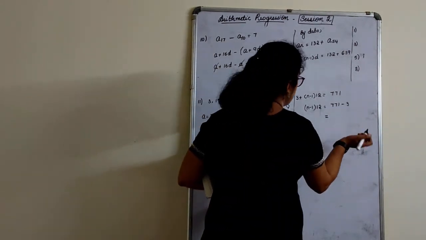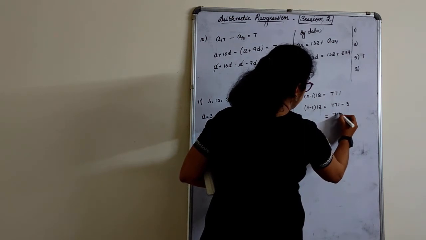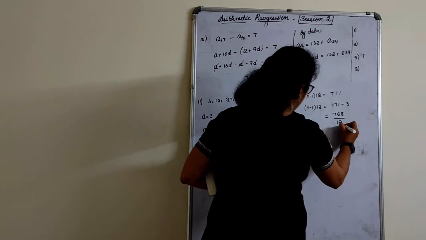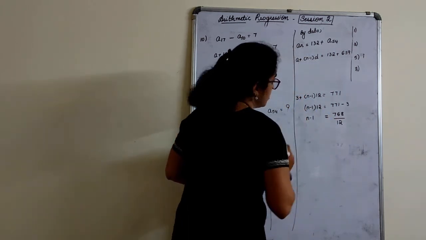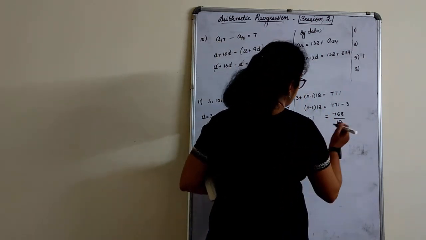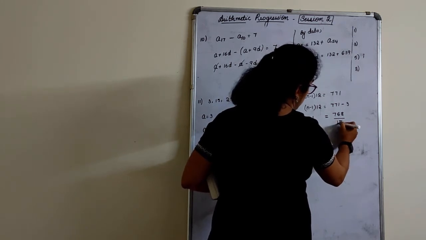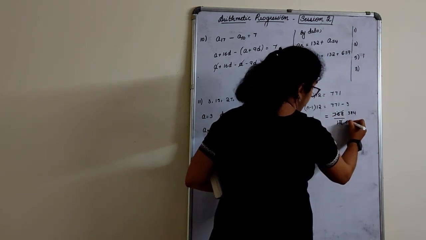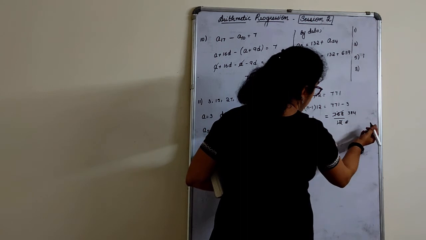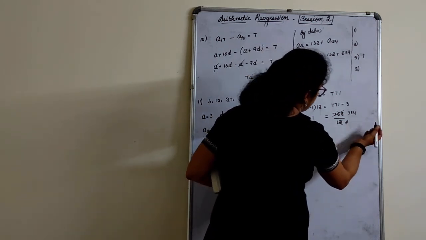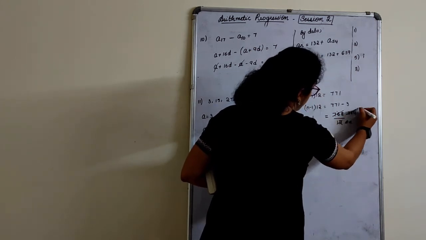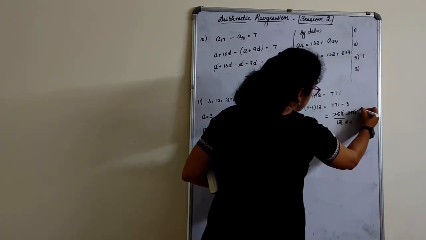So it is 771 minus 3 is 768. I'll take this 12 down. Okay, so n minus 1. If I start with this, 2 6s are, 2 3s are, 2 8s are 16, 2 4s are. So 6 1s are, let's try with 2. Why take risk again? 8, 9, 10, 11, 12, 13. By 3 it will go. 3 2s are, 3 1s are 3, 3 6s are, no.